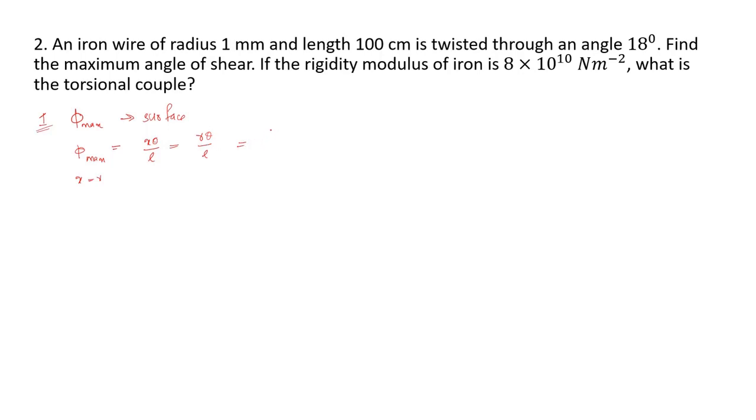We know that the radius is 1 millimeter. We have to convert 18 degrees into radian. It is 18 into pi by 180 radian. So we have converted 18 degrees into radian, and that is something like